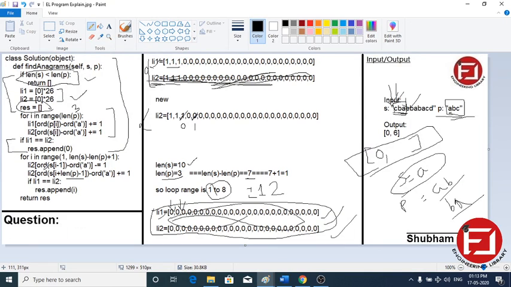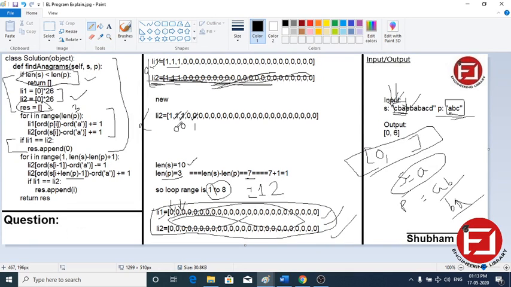Now what we are going to do? 2 minus 1 means s of 1. s of 1 is b minus a, so the second index will be decremented, so it will become 0.